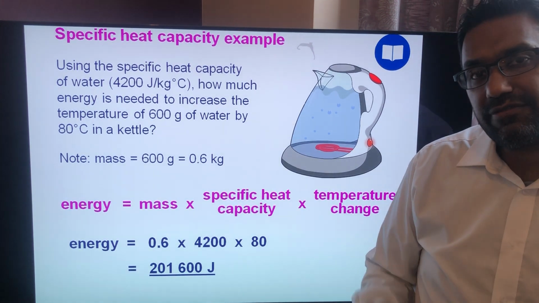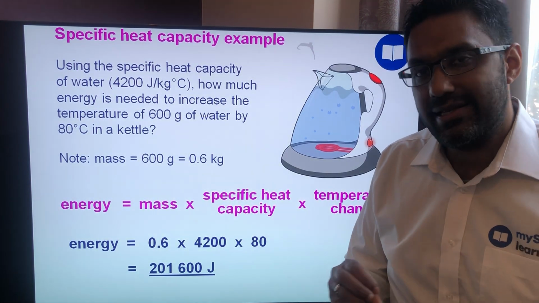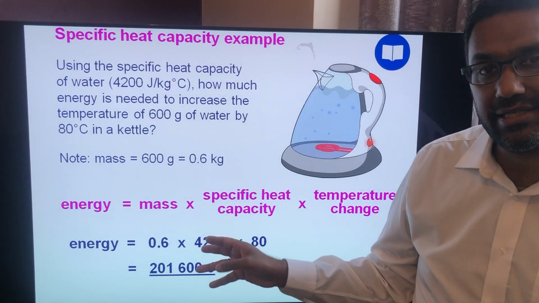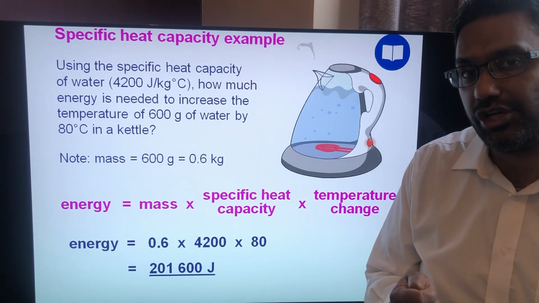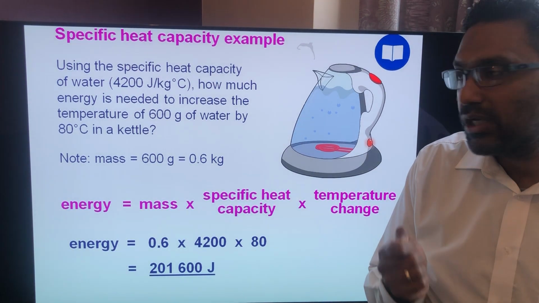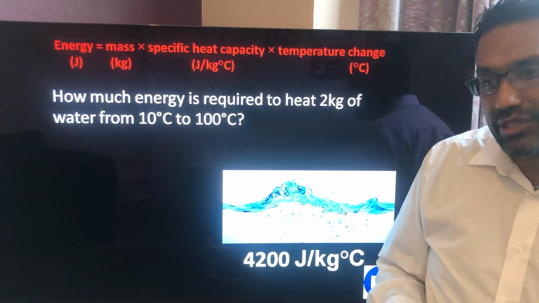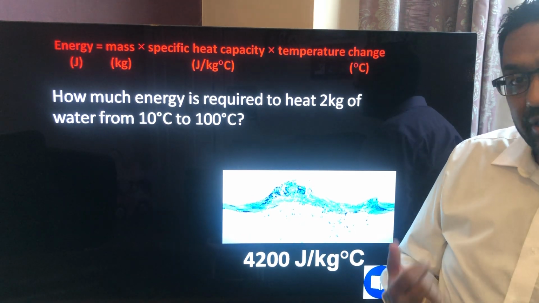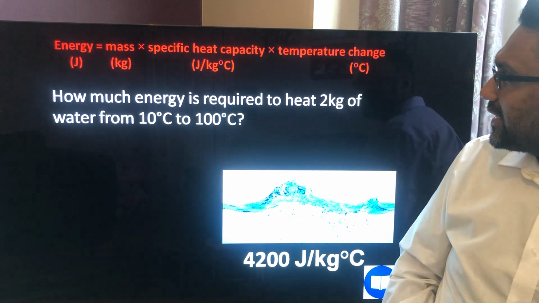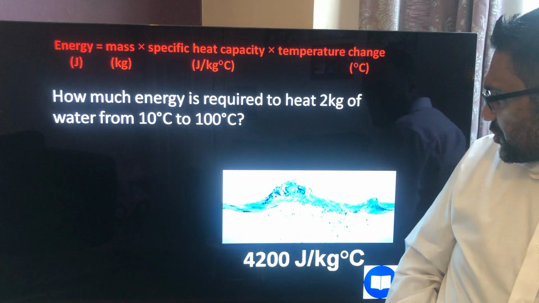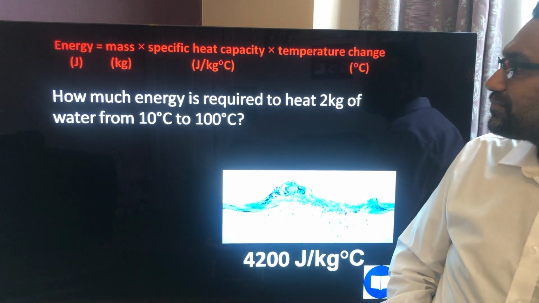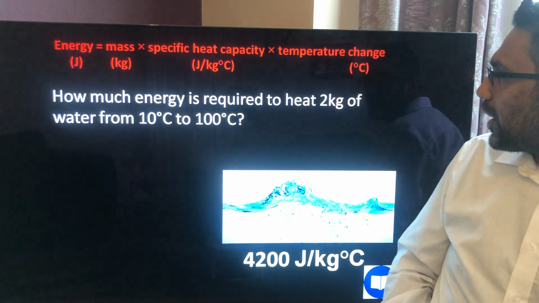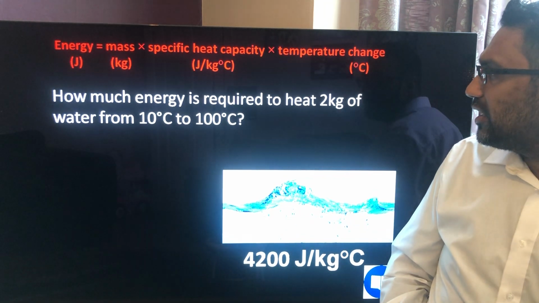Straightforward as that. So that's the first aspect of this lesson, is calculating the energy needed or the specific heat capacity based on this formula, and the definition of what specific heat capacity is. We'll have a go at a few examples, and then we're going to go on to the required practical, which is the tricky, the hard bit of this particular lesson. So what about this question? Water specific heat capacity is 4,200 joules per kilogram. How much energy is required to heat 2 kilograms of water from 10 to